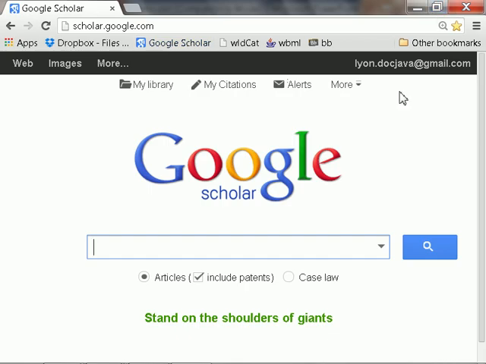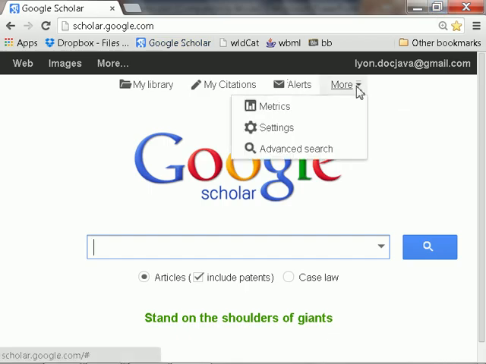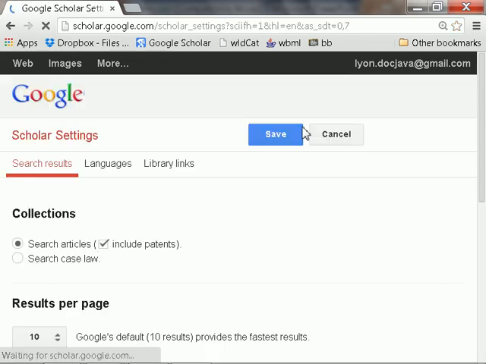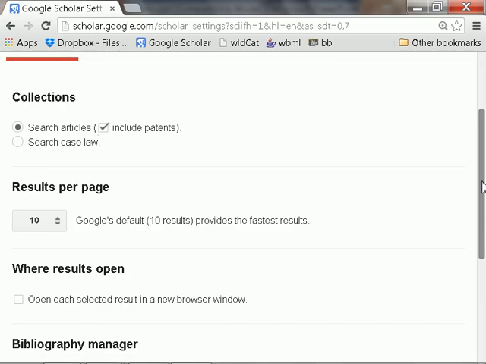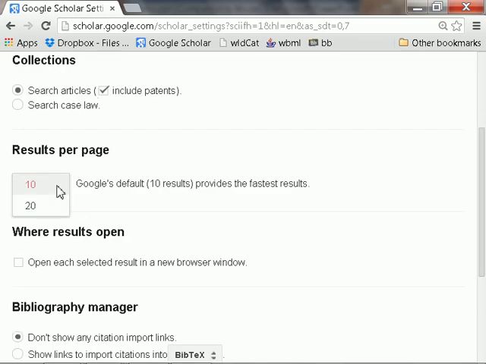Google Scholar has settings. And in the settings, you can map Google Scholar so it does a search to make use of our library and our library's resources, which is kind of important. And what you want to do is set up the Google settings so that you can get